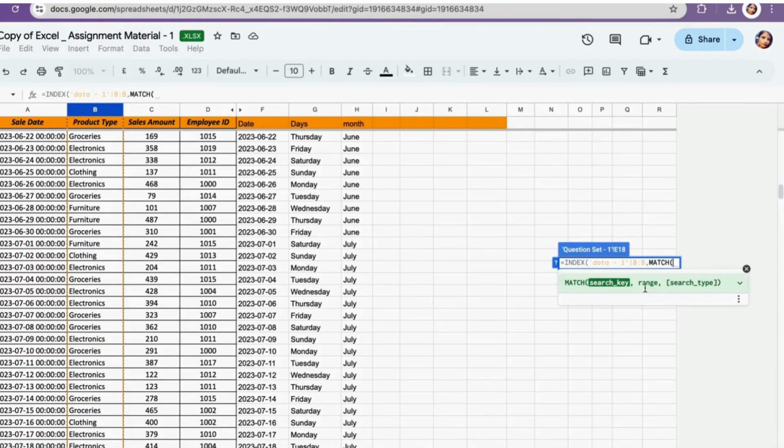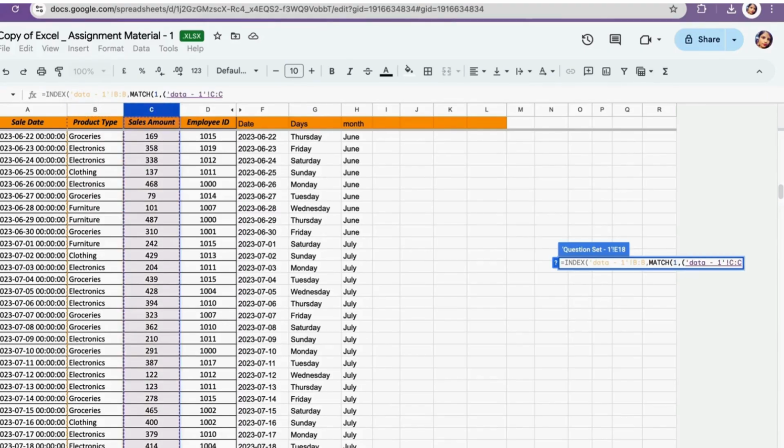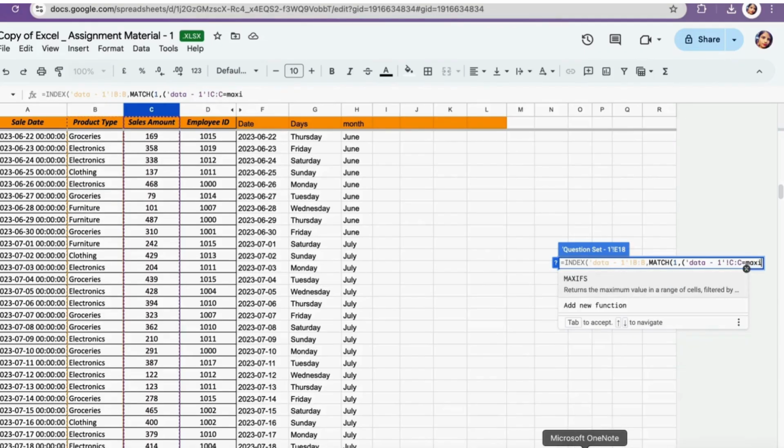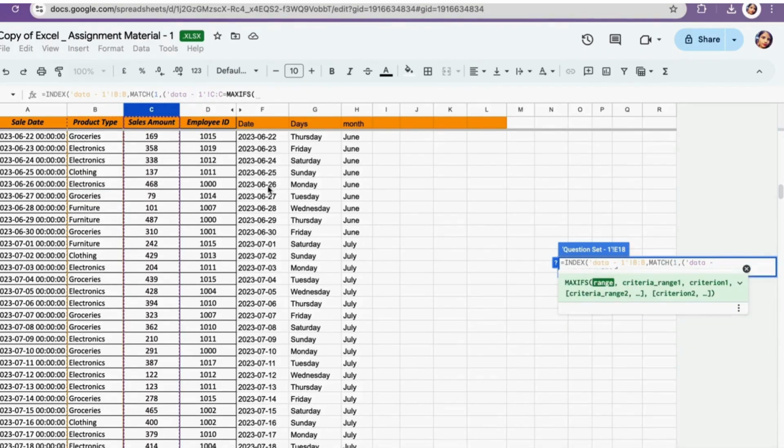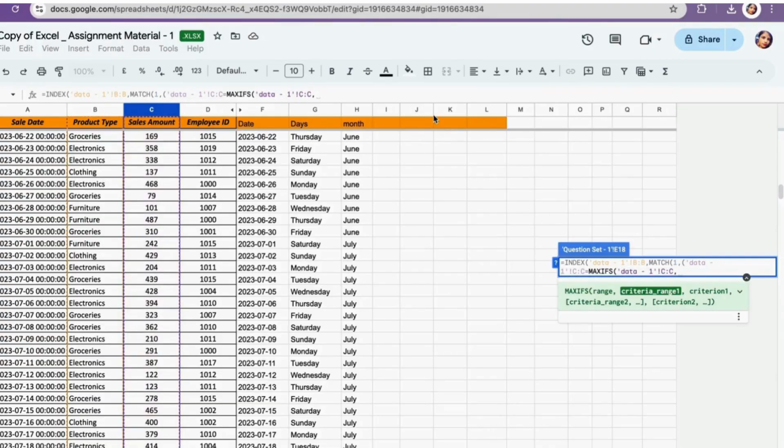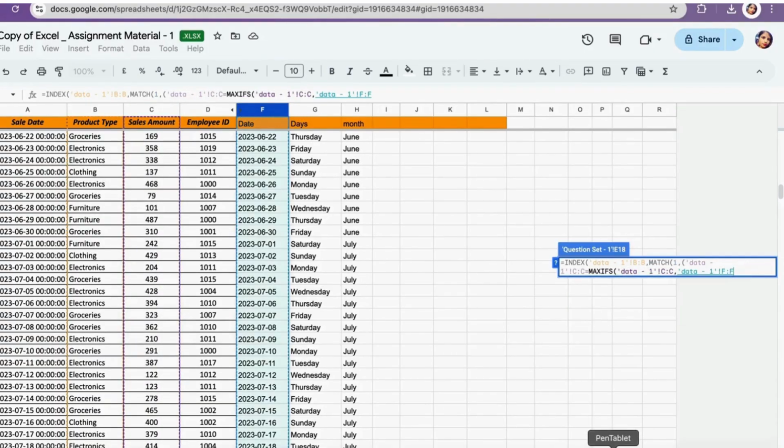The first condition is that our sales amount should be maximum at that particular date. So max if condition, max the sales if the date is